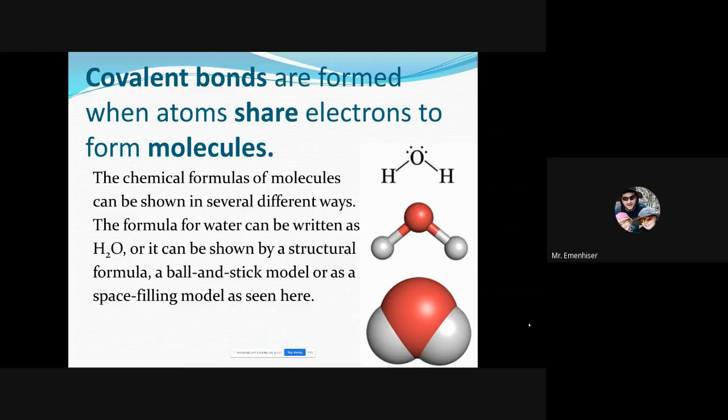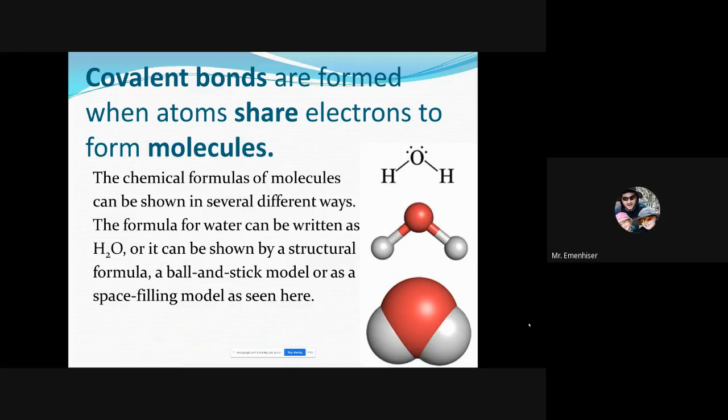But there's 2 kinds of bonds that you should be familiar with. One of them is covalent bonds, and then the other is ionic bonds. And then maybe you'll see metallic bonds, but I'll talk about all 3 of them in this video. So covalent bonds are formed when atoms share electrons. And so what happens is 2 atoms